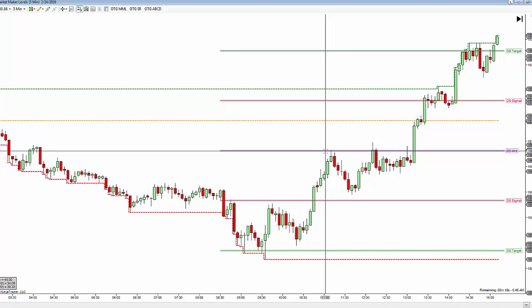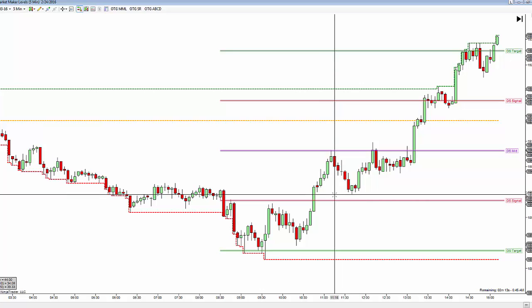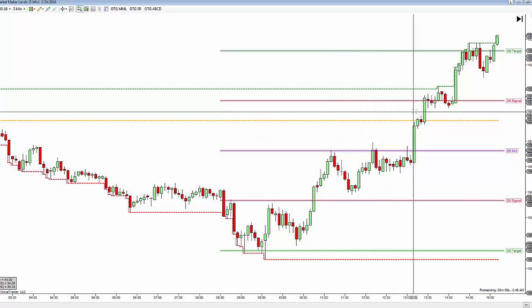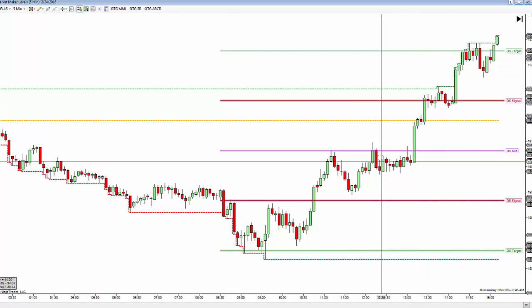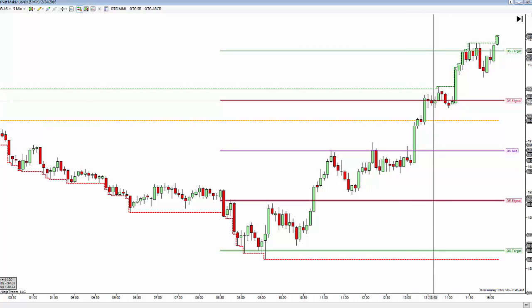So you had a first time touch here on your daily structure mid at around the 1908 level, and it came down into 1899. So there was a nice move there. You could have taken some ticks away from that. Again, this market continues to move. Once you got a close above, really, then you would have been looking for this daily structure target or daily